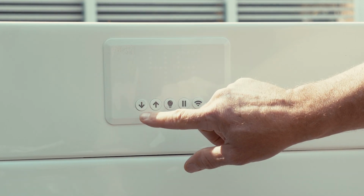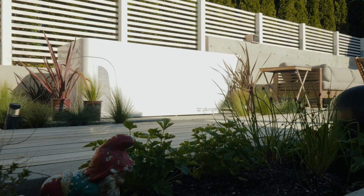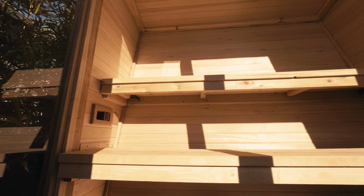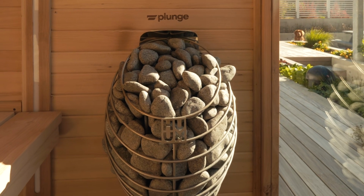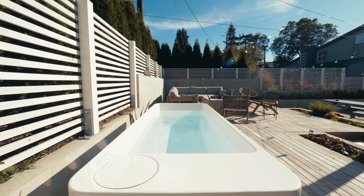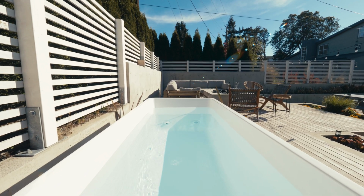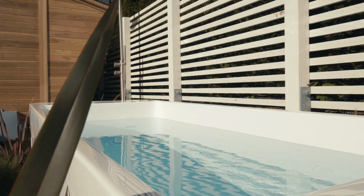So the truth is, the stuff behind me, I've done the research. I think these are the best products on the market. And they're especially great, this balance of what you get and what you pay for. You can spend a lot more than these products cost. You can also get them for cheaper, but if you go cheaper, I feel like the quality hasn't been there. If you go a lot more expensive, I haven't seen that you get a lot of benefit for the extra dough. I feel like the Plunge folks really nailed the price quality balance,